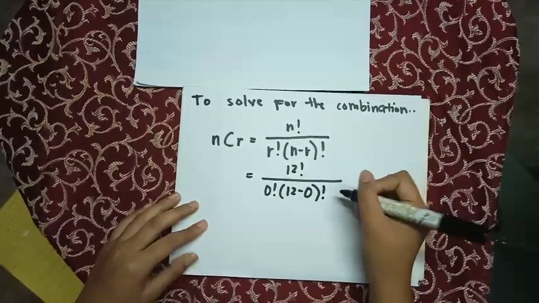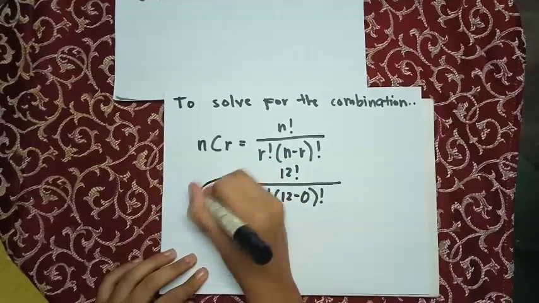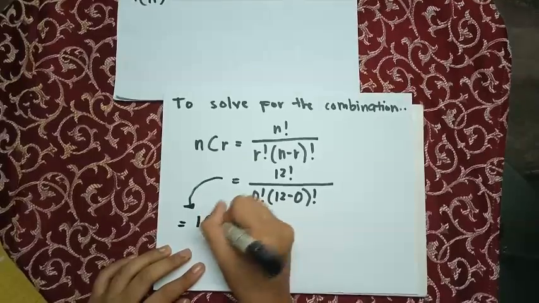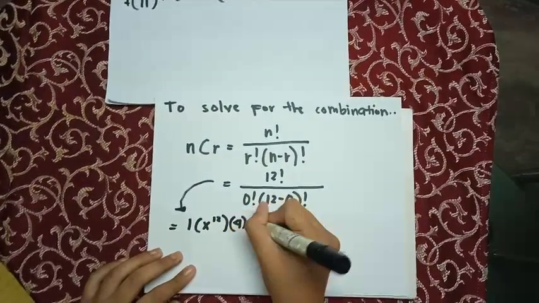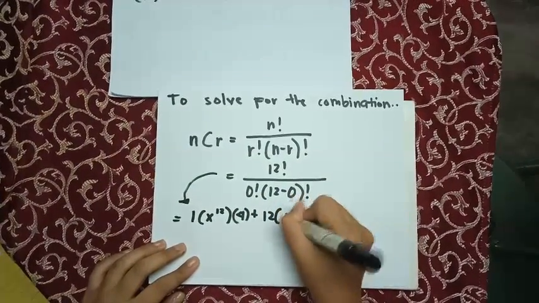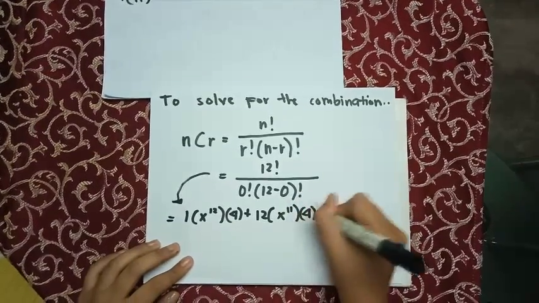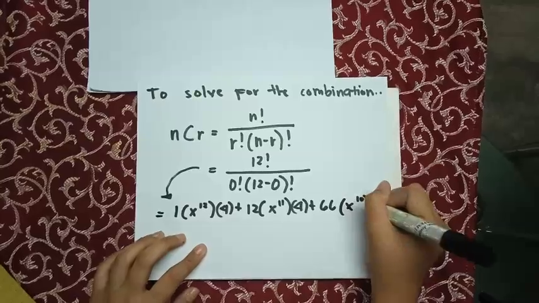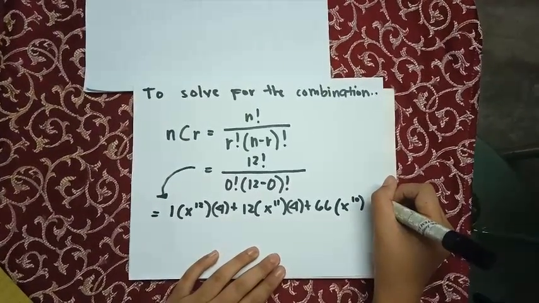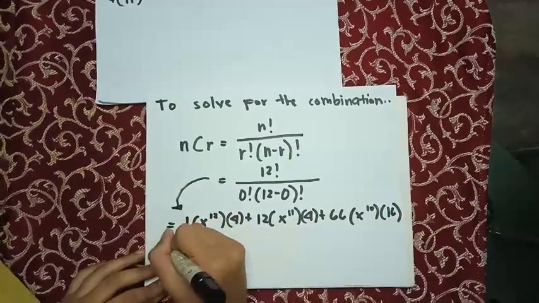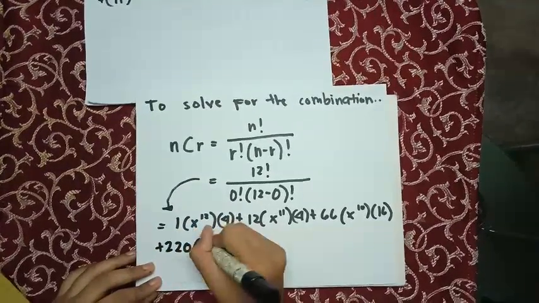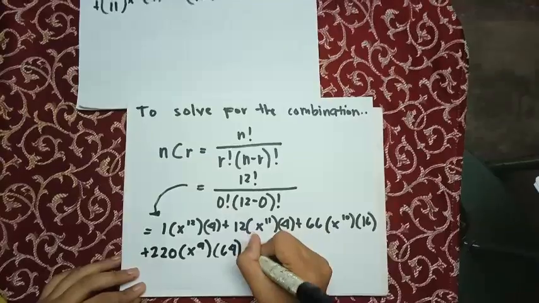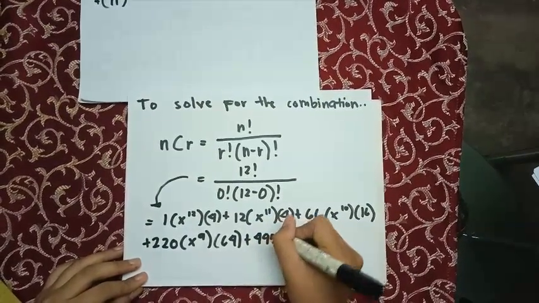So the answer, if we're going to use the calculator, is 1 times x raised to 12 times 4 to the 0, plus 12 times x raised to 11 times 4, plus 66 times x raised to 10 times 16, plus 220 times x raised to 9 times 64, plus 495 times x raised to 8 times 256, plus 792 times x raised to 7 times 1024,